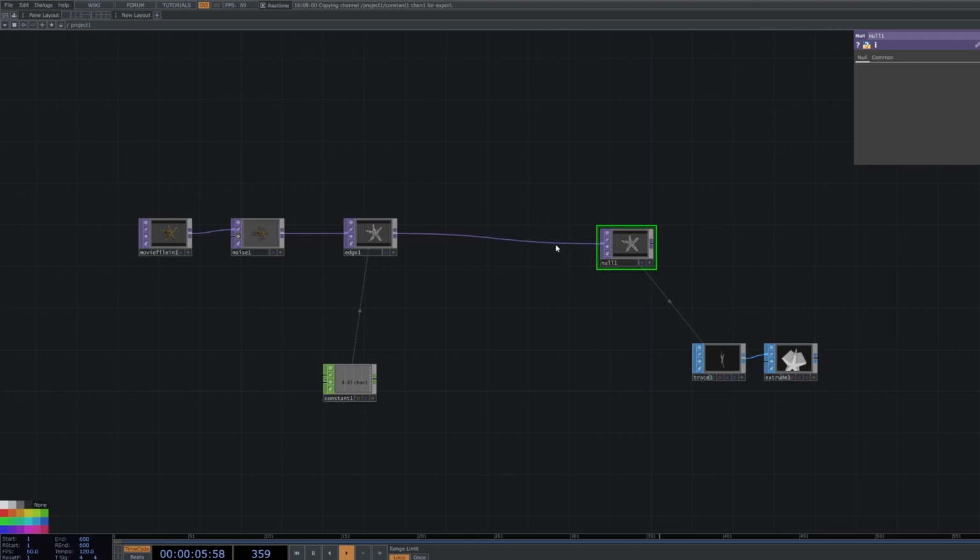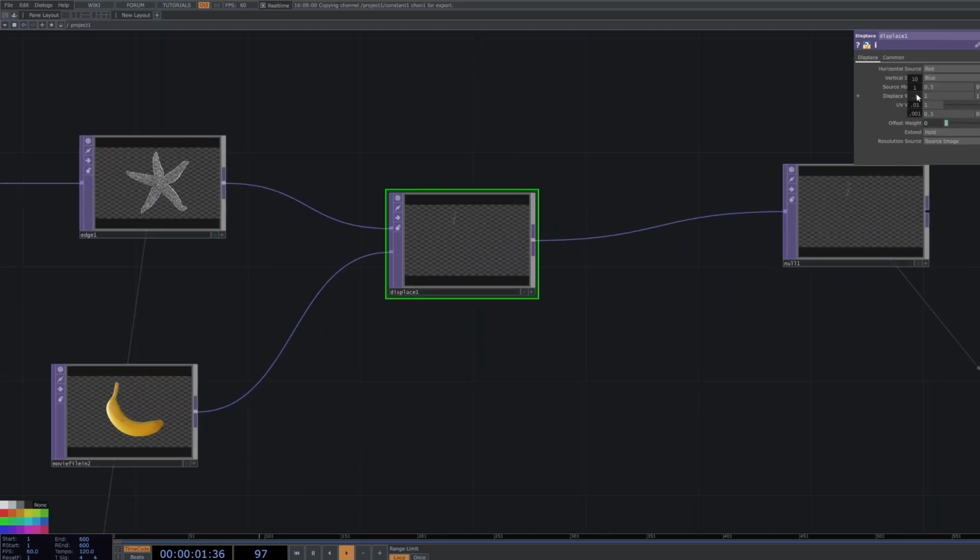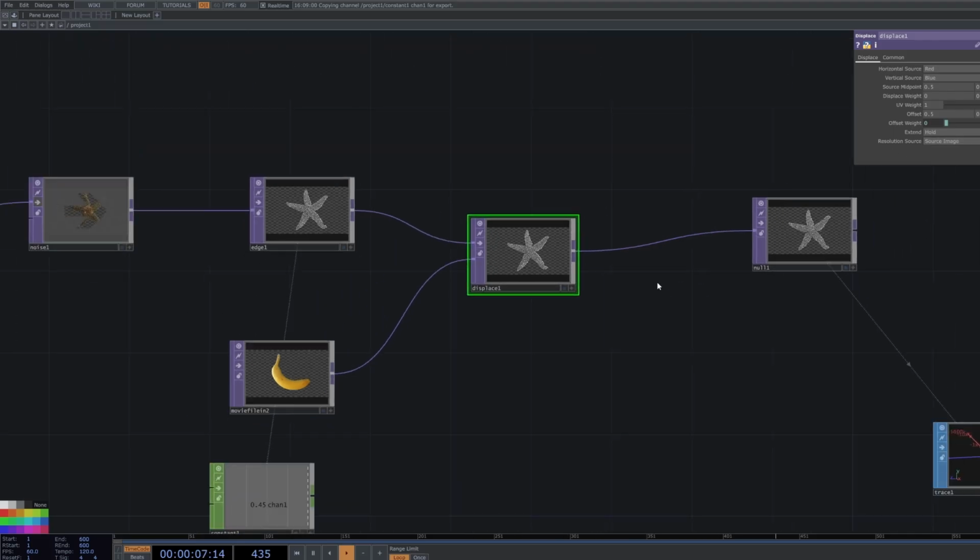And then you could say, right click here and insert operator and be like, what does a displace do? Let's try that. Oh, it needs another input. Let me create another movie file in and drag that. Oh, what's happened there? I have no idea. Let me change some of these values around and be like, oh, something cool's happening. Now you can click on help to learn about what a displace is, and that will take you to the wiki. Highly recommend